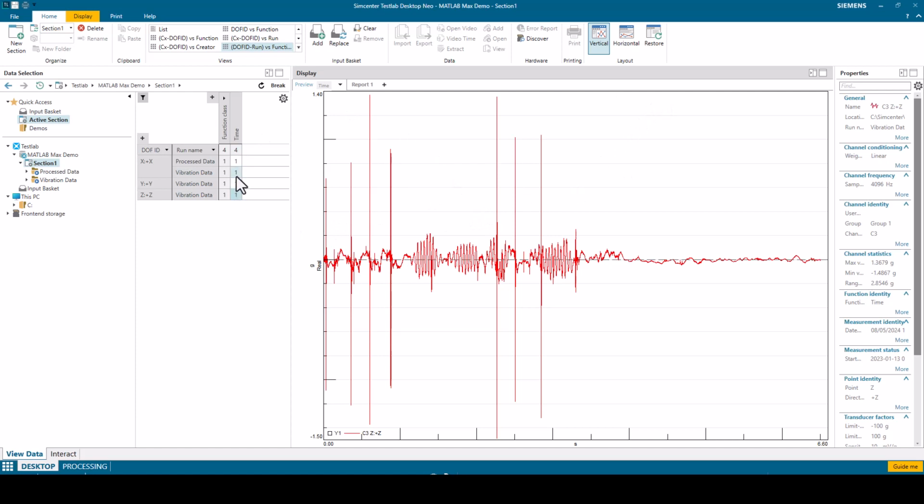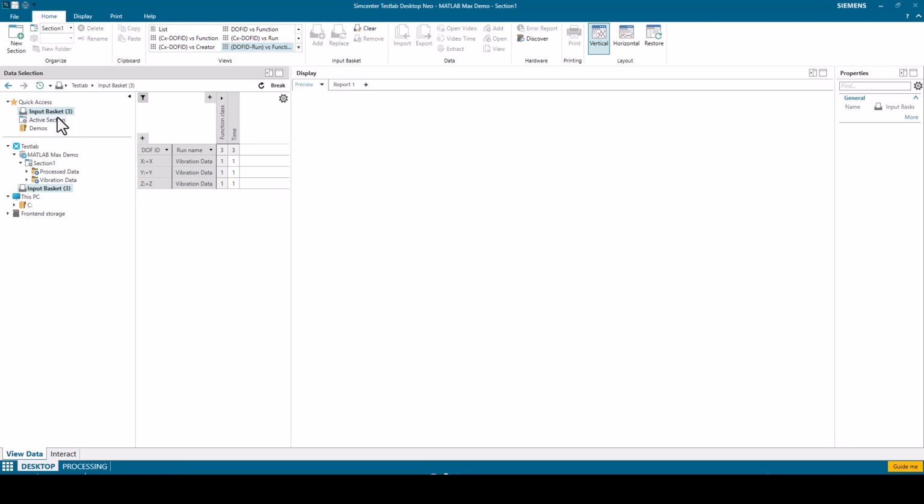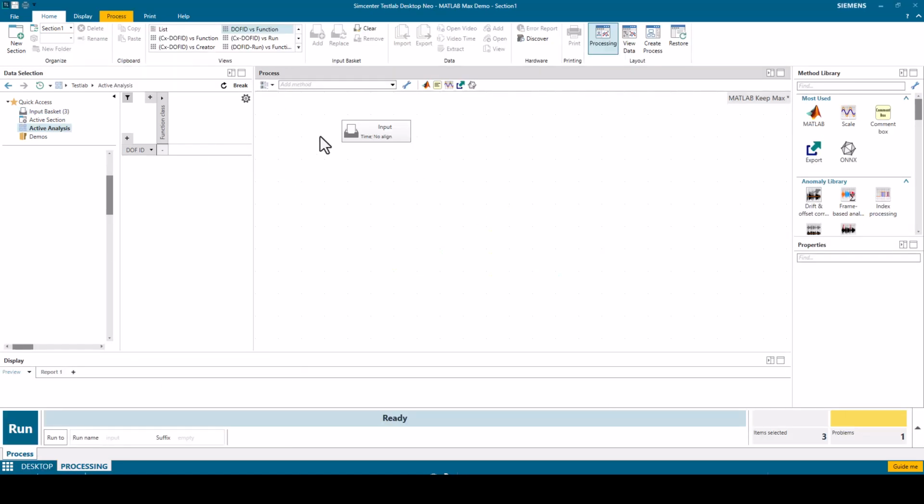So I can do that with Matlab. What I'm going to do is add this data into the input basket. I can highlight and right click, add to input basket. And the input basket is where we can post-process all of our data. It's kind of just a little special folder where we set aside what we do and what we do not want to process. Now if I go to processing at the bottom, I'm in the Neo process diagram creator,